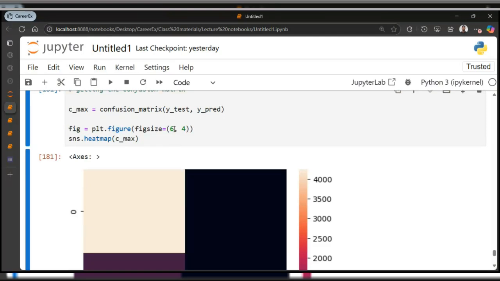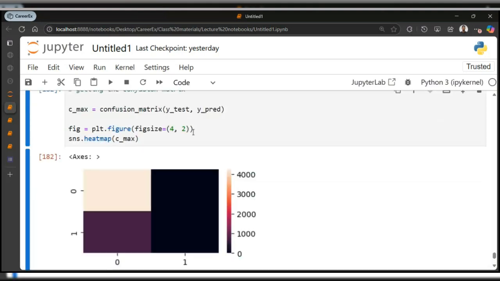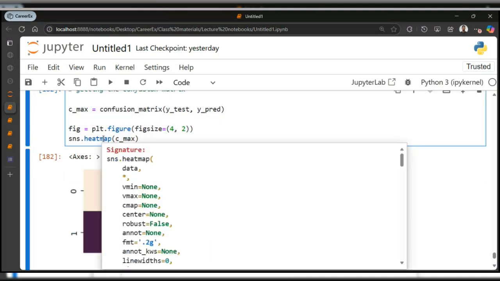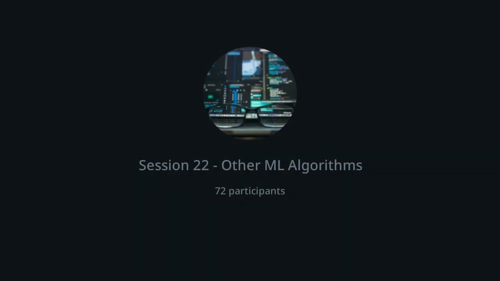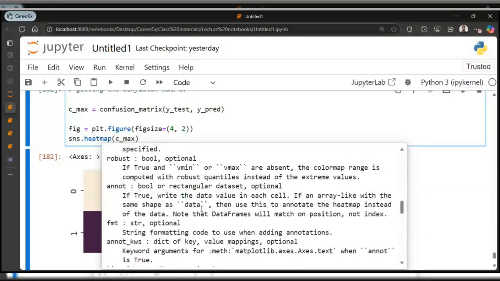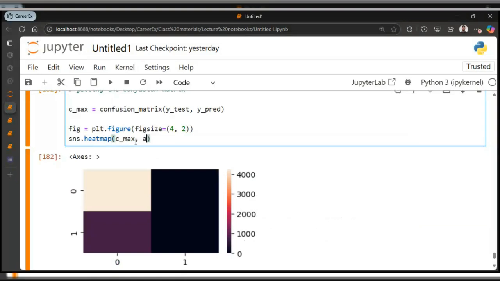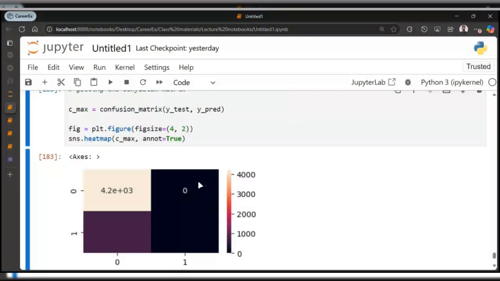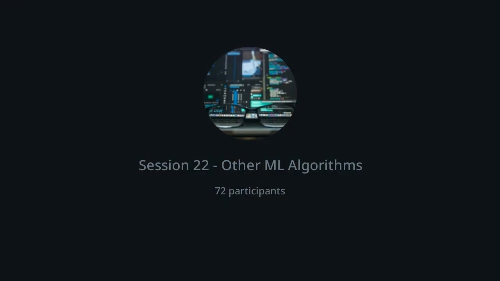Let's make it smaller, 4 and 2. We should also annotate it, annot equals True. Anyways, this is not time for visualization. So this is how you can get your confusion matrix displayed in a heatmap.